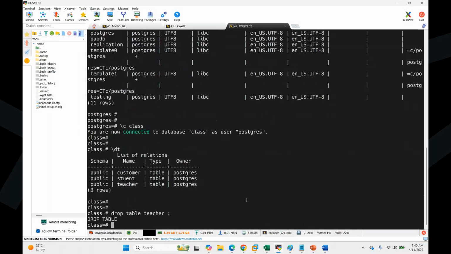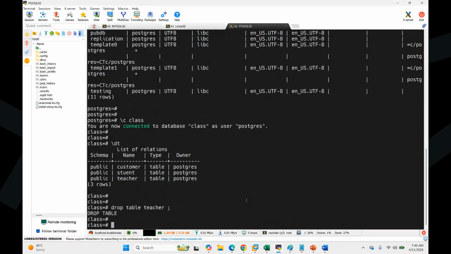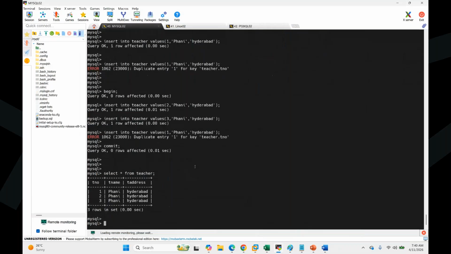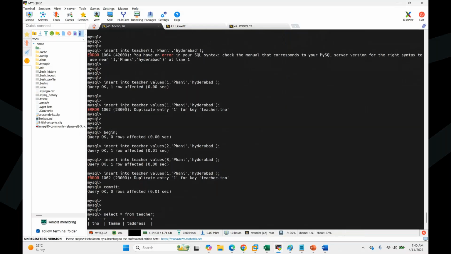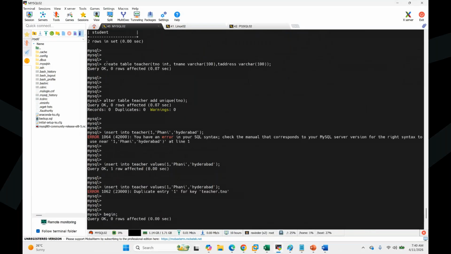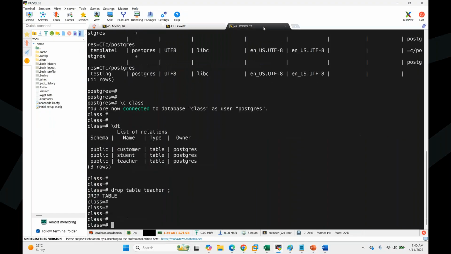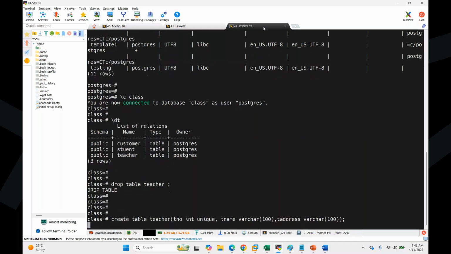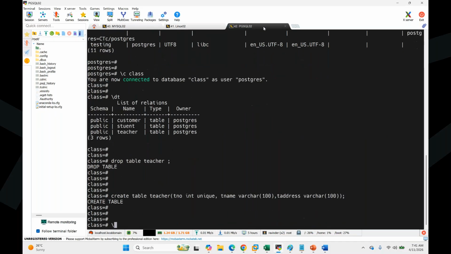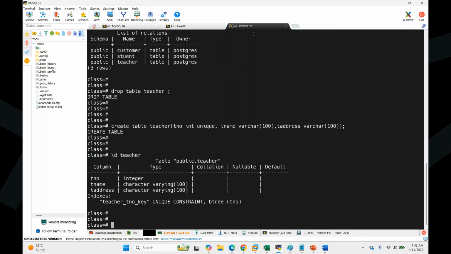Right, so I'm going to create the same table here also, but when I'm creating it, I'm going to add the unique because we altered it. It's created.